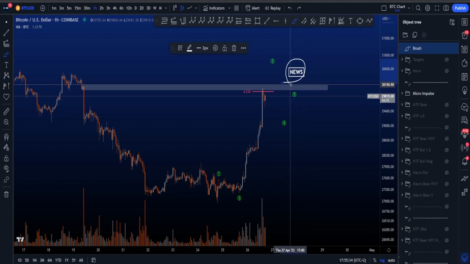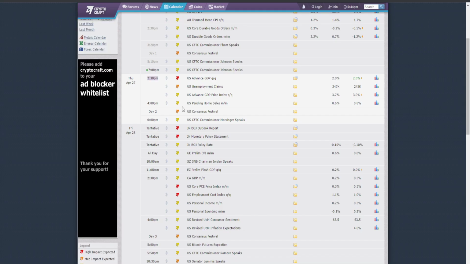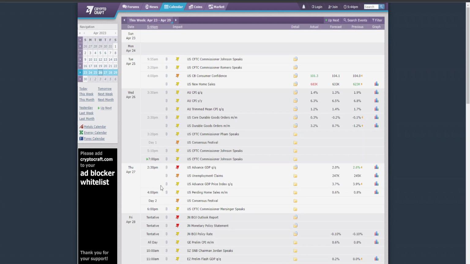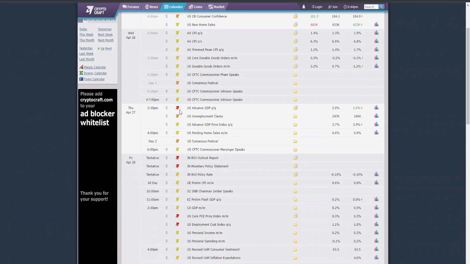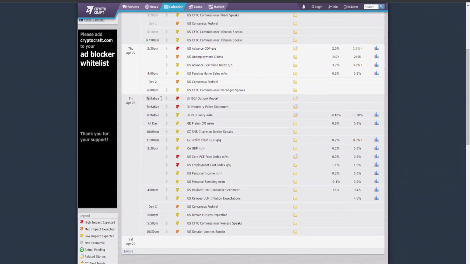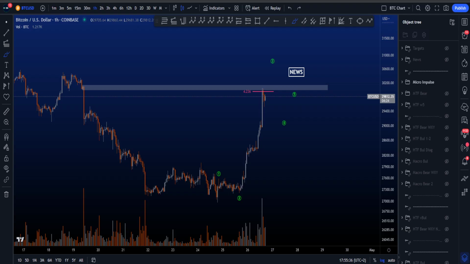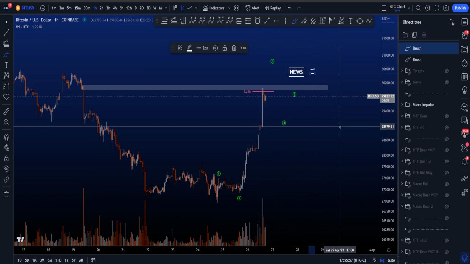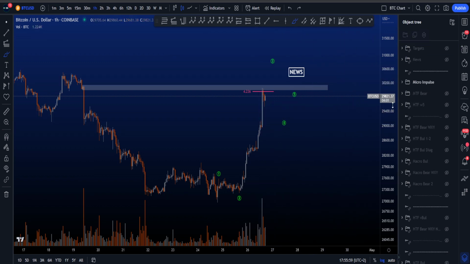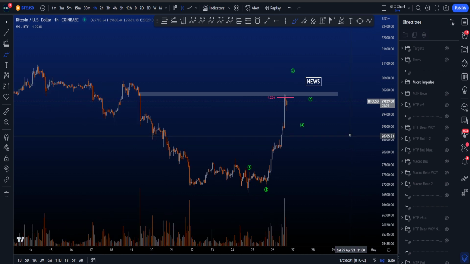Now, we also have some news this week, which I do like to highlight shortly, because tomorrow at 2:30 p.m. on Thursday, which is Central European time, so make sure to check your own time zone, we have some high impact news, the red flag over here, as well as on Friday, we have a couple of things going on, like the red flags, high impact news as well. Now, I have no idea what the news is. I don't follow news at all. I only know news equals volatility, and that is something I do care about. So make sure that around those news hours, you trade safely.